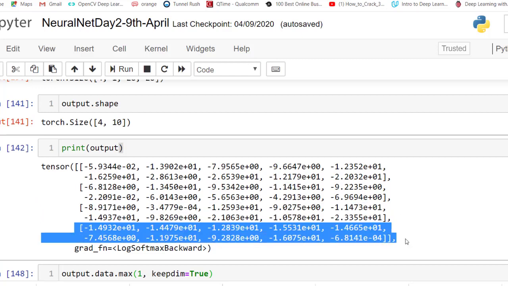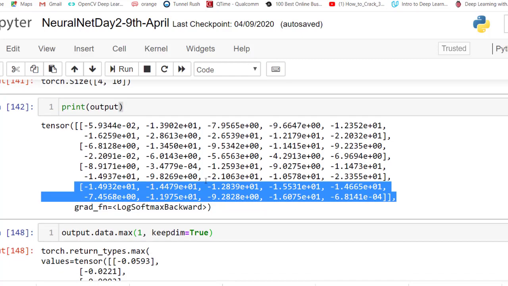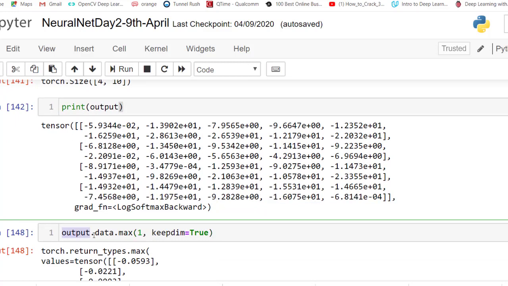So how do you find what is the prediction? The prediction is the max of these numbers in a row. So we need to take the index of the max. So how do we find the index of the max? It should be output dot data dot max 1 and keep dimension equals true. So we are going to do max over dimension 1.